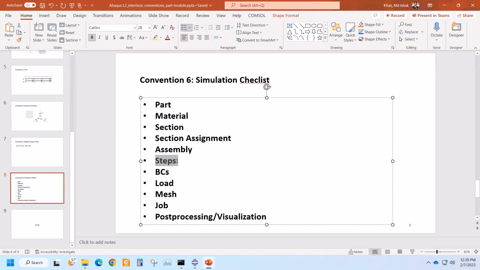You define the initial step, which is created for you, and then you create steps as per your need and set up the relevant parameters there. And then you go to the load module, and you set up the load, predefined fields like temperatures, and boundary conditions. Then you go to the mesh and do the meshing. Then you create a job with your model, and then you do the post-processing or visualization after